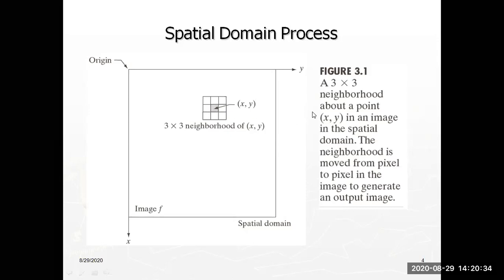So here is the simple graphical notation of your spatial domain process, that means intensity transformation. This is called intensity transformation, from the original intensity of the pixel value to our required pixel value, based on the spatial transformation. The best example of our spatial domain process is neighborhood operation. In neighborhood operation, we simply transform the original pixel value with the average of the remaining pixel values. That is called neighborhood operation for the spatial domain process.